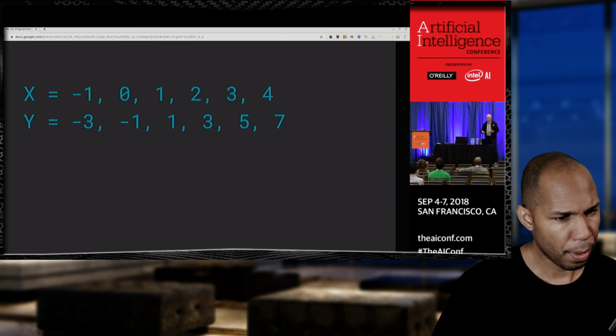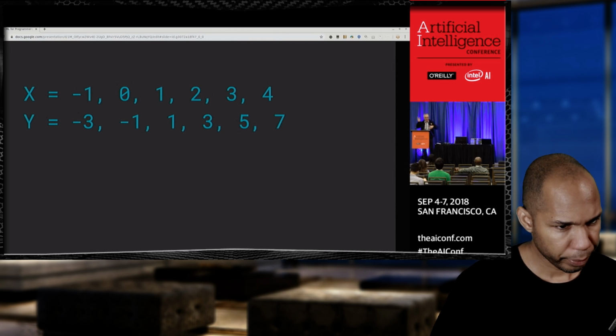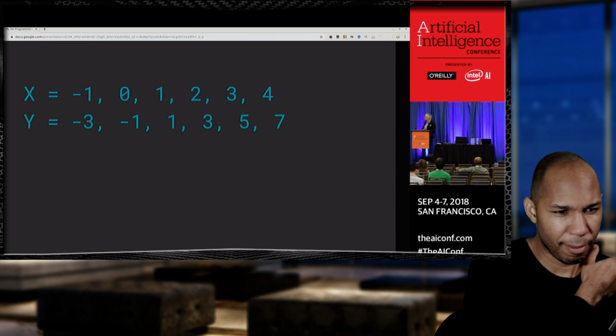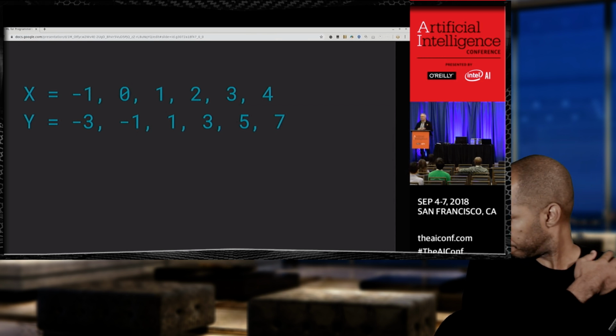You've probably done some basic geometry in school, and usually there's a relationship y equals mx plus c, something along those lines. So you start plugging an m and a c in your mind until you find something that works, right? So you go, okay, if x is -1 and y is -3, maybe that's a couple of x's, which will give me -2, and I'll subtract 1 from that, giving me -3.